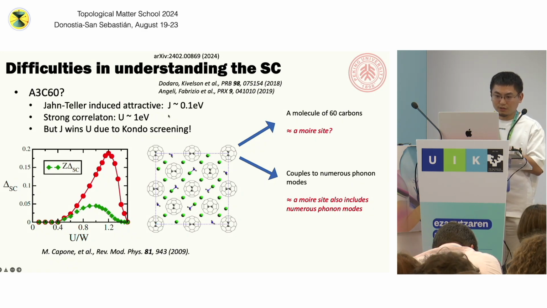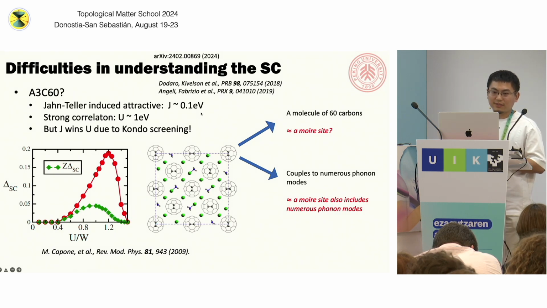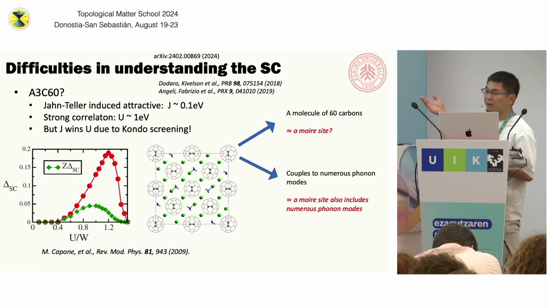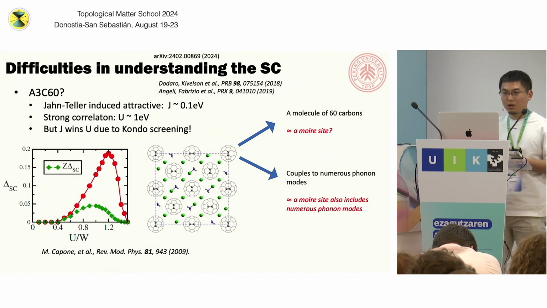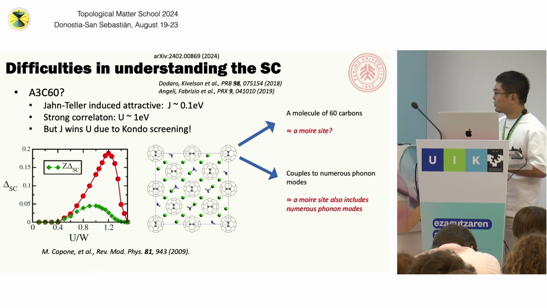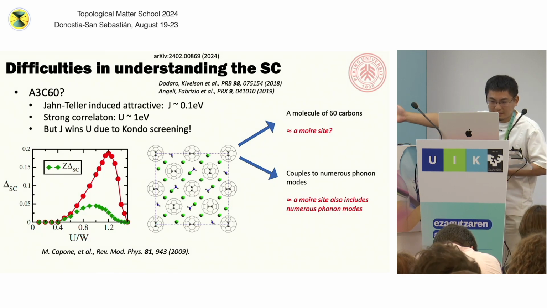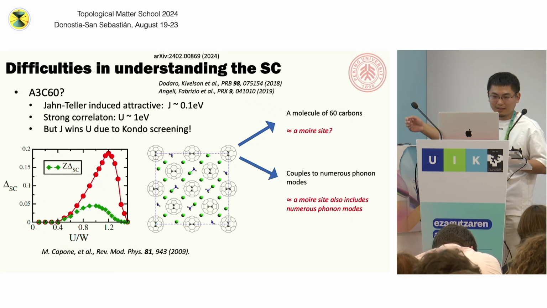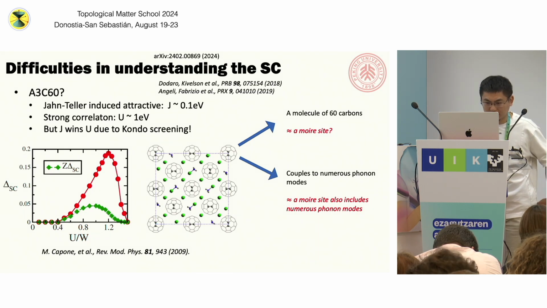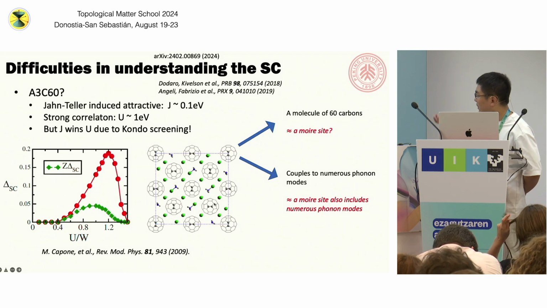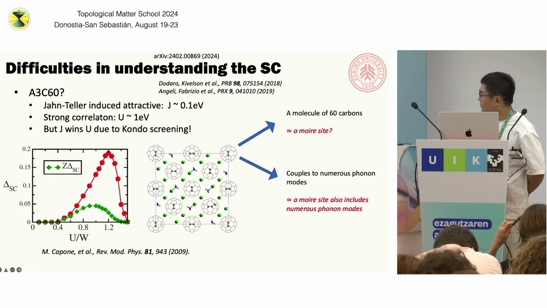In this system, the induced attraction is merely 0.1 eV, so it's 1/10 of the repulsive interaction. So naively, one would not expect pairing in this system because the Coulomb repulsion will dominate. So we do not expect superconductivity, but it turns out this system is superconducting, and the Tc is actually high. I don't remember the number, but it's higher than most BCS superconductors. And actually, the pairing mechanism for this material has already been well understood